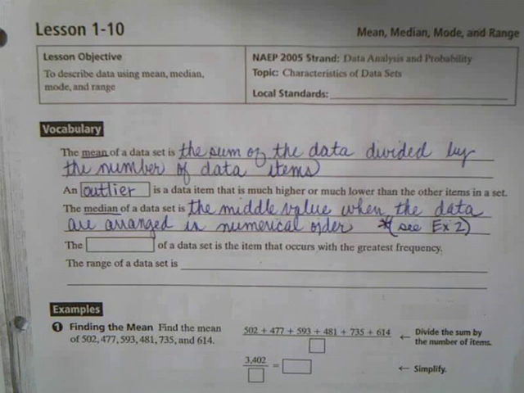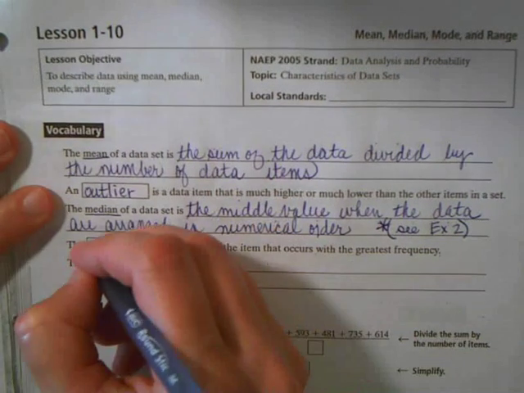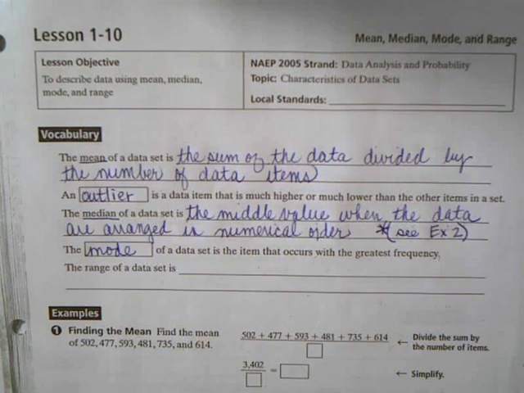If I think of what I know about the word median in another context, the median in a road divides the road in half. Okay, so it goes down the middle of the road, dividing it into two separate sides, so it's the middle. All right, the mode of a set of data, M-O-D-E, is the item that occurs with